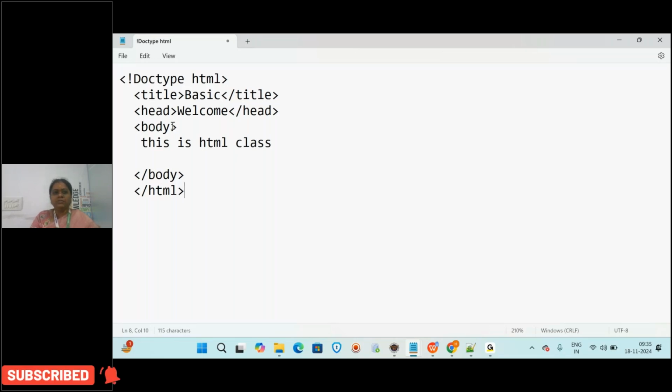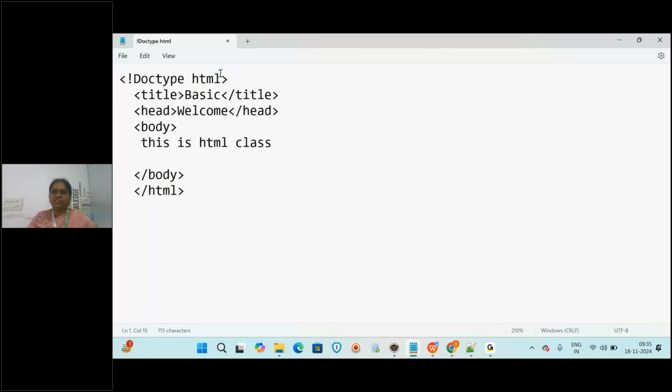Now someone asked, what is the difference between doctype HTML and HTML? Anything is fine. But if you write doctype HTML, you are telling the browser the document is of type what? HTML. It is just providing some additional information, like data about something. We say something called metadata. Metadata means what? Data about data.